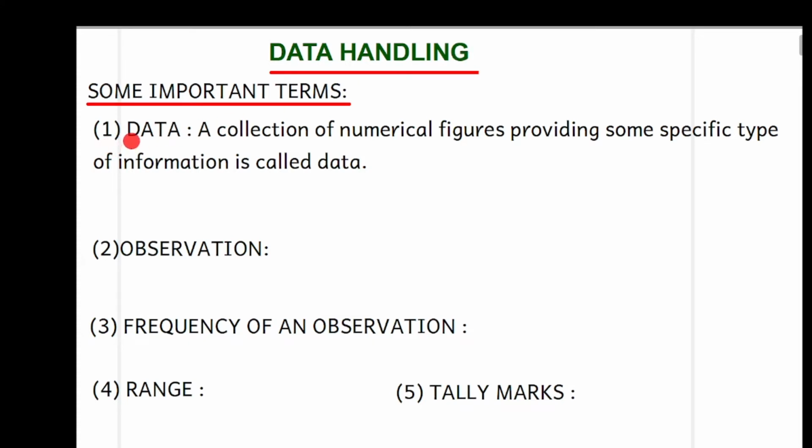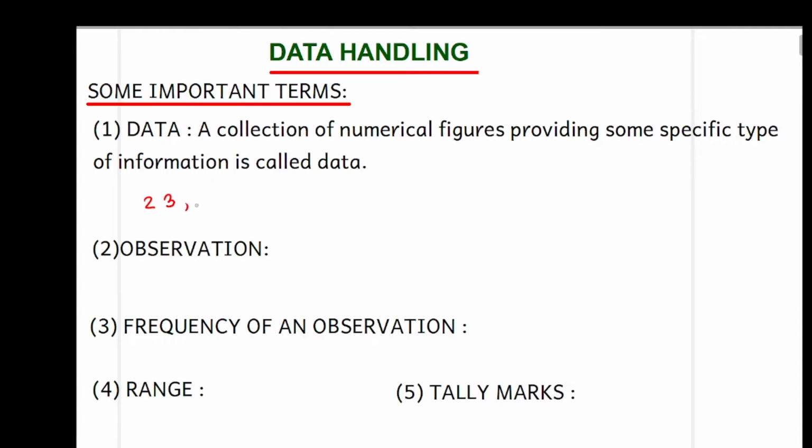Okay, so some important terms. Data means what? A collection of numerical figures providing some specific type of information is called data. Okay. So suppose the marks secured by 10 students of class 7 is, suppose it is